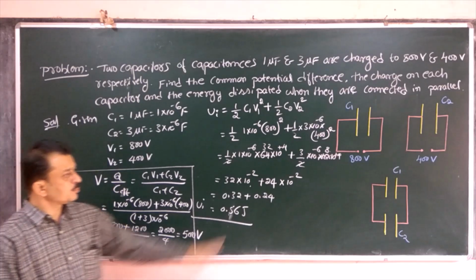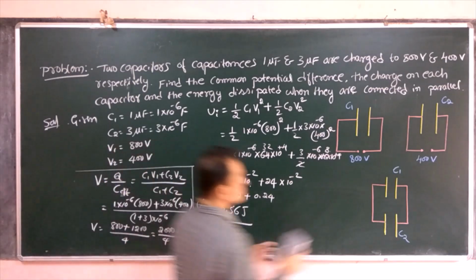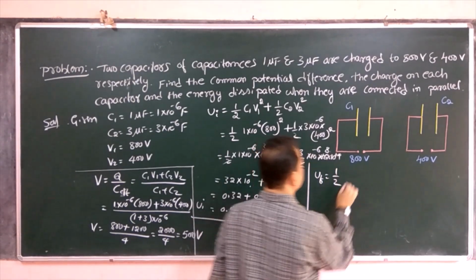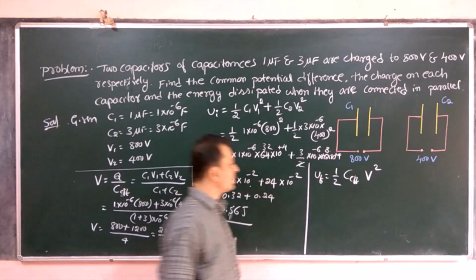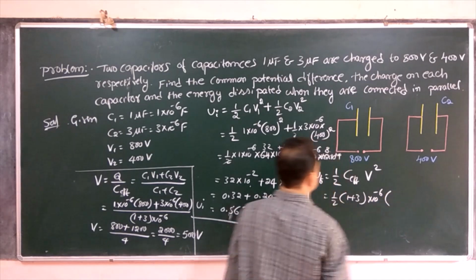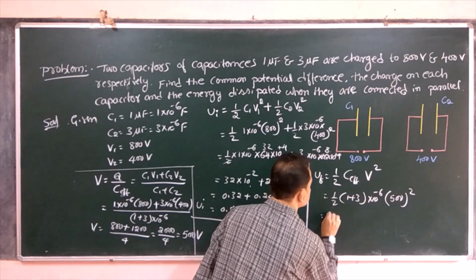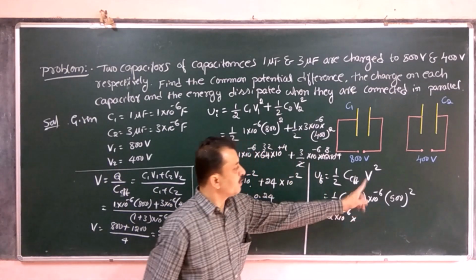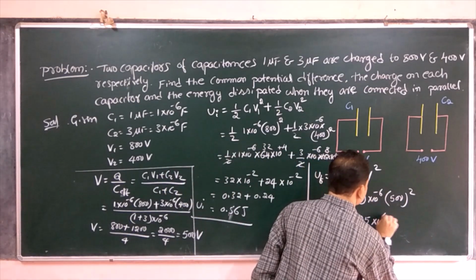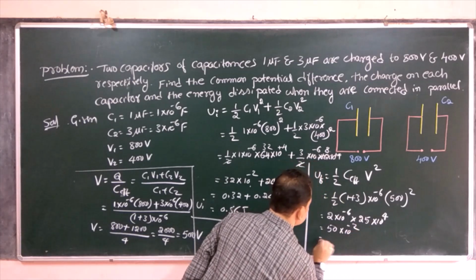Now we have to calculate with this common potential, when the two capacitors are connected in parallel, what is the final energy of the system? Therefore UF is equal to half C effective into common potential square, V square. Substituting that, it is half into 1 plus 3 into 10 to the power of minus 6, V square is 500 square. 1 plus 3 is 4, 4 divided by 2 is 2, that is 2 into 10 to the power of minus 6 into 5 square is 25, and 10 to the power of plus 2 square is 10 to the power of plus 4. So 25 into 2 is 50 into 10 to the power of minus 2, that I will write as 0.5